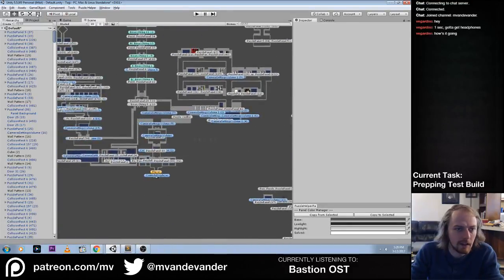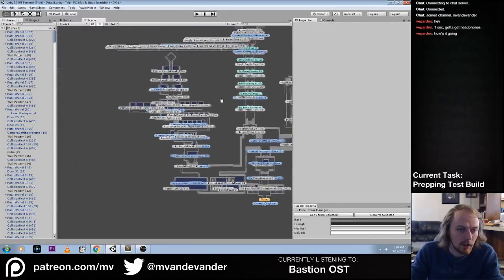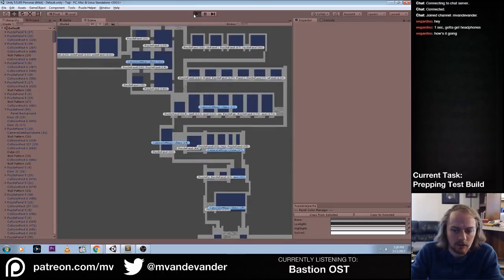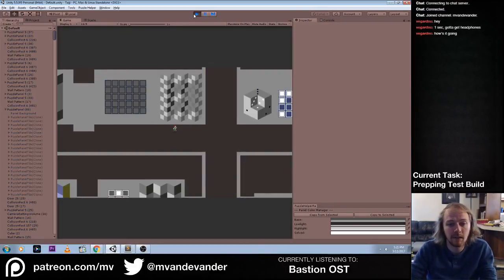I still don't get an indicator in the editor what they're going to look like, but that's fine. Yeah. I could probably make it color them in the editor, but